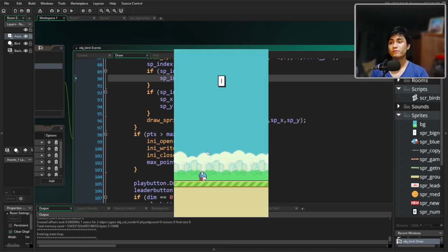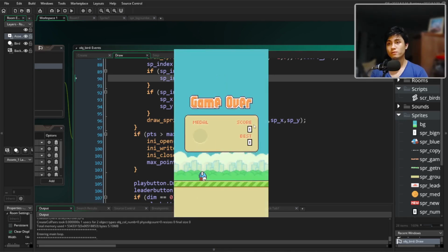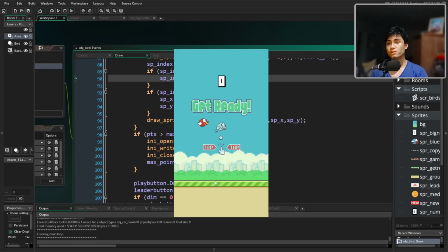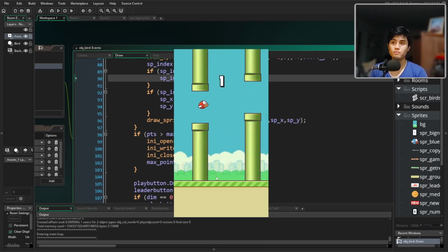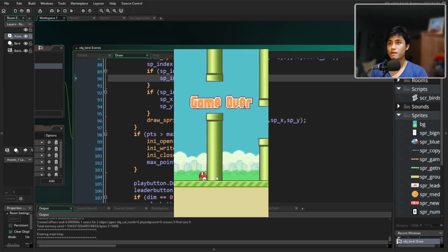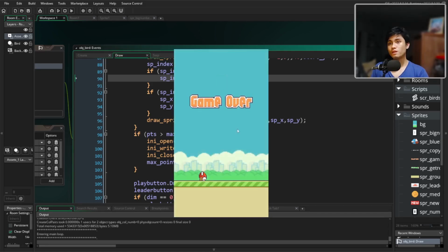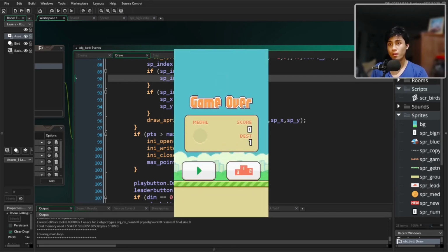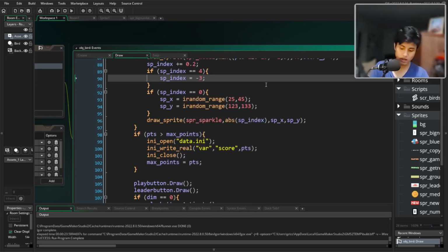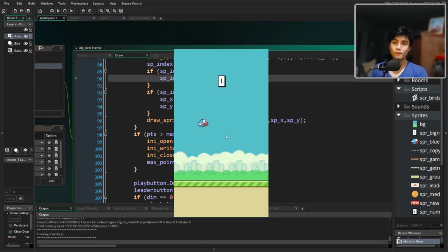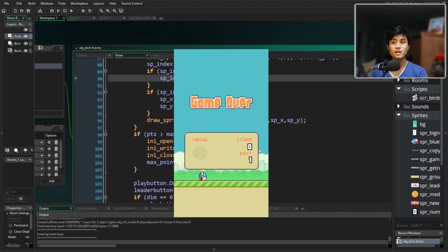We would see that when we die, when we have a score of 0, it will still remain 0. And then if we restart the game, and we go all the way, and let's just say we get the 1 point, there we go, we'll die. It will still say 0, but once the score becomes 1, it will say 1. And if we die right now, it will still remain as 1. If I were to close the game and play the game again, and we die, it should still say 1,